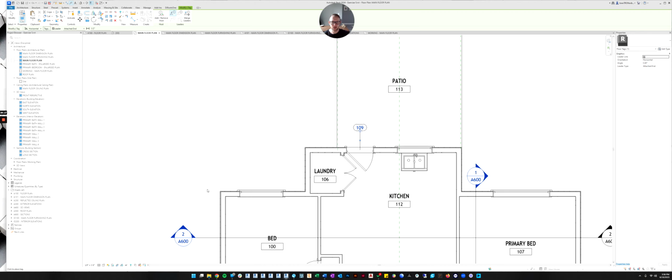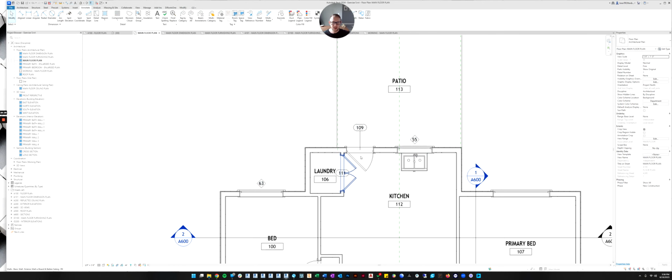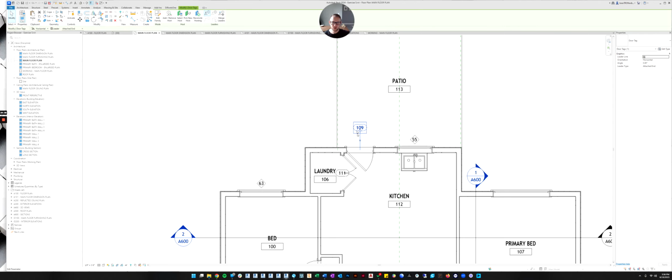And then if I clicked, it would place the tag. But you see how it's putting a leader line? I don't like that. So if you come up here while you're still in the command, you can uncheck this box that says leader. And now when you place it, it'll just place it on the object like that. And this one that it placed a leader with, just click it and come up here and uncheck leader and it will remove the leader line.